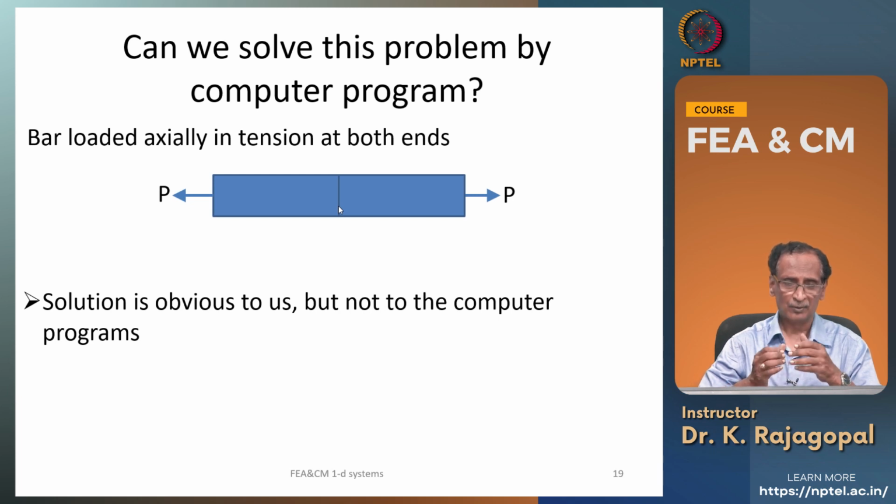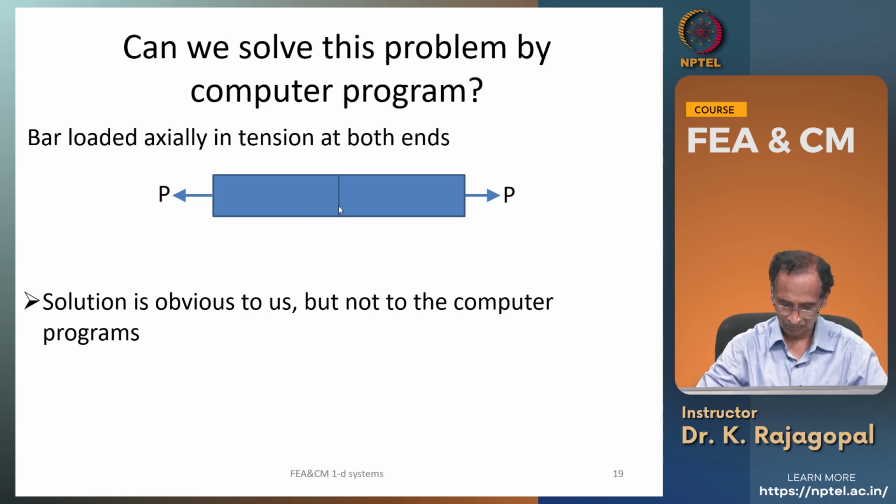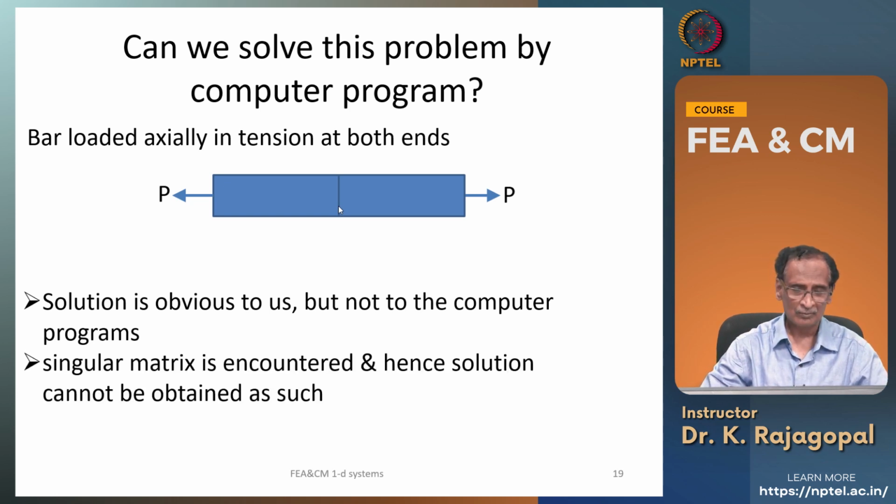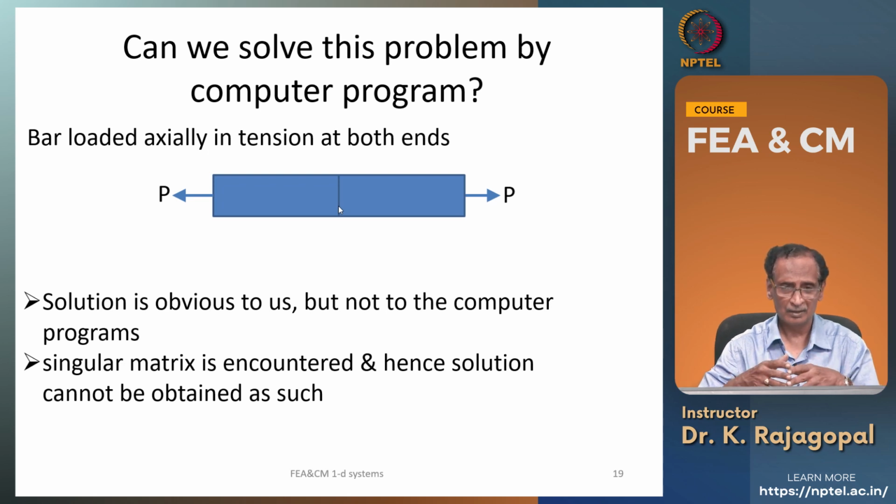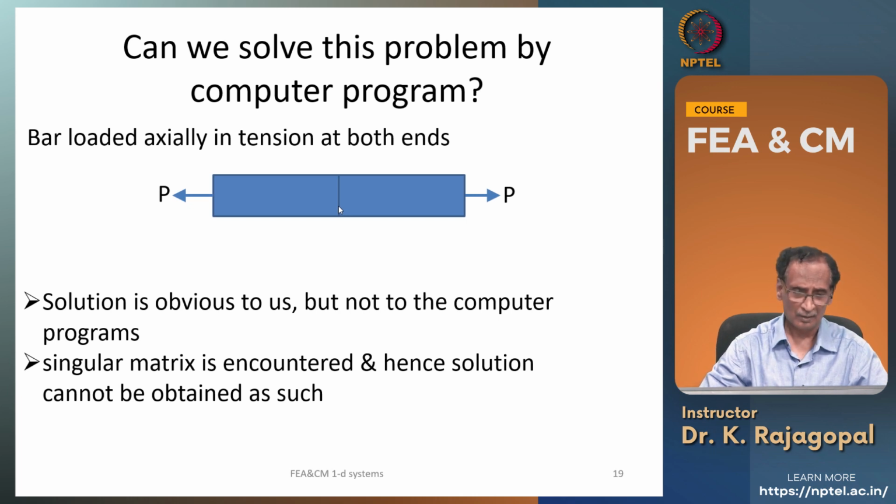But then if you pose this problem to any computer, it will say that this system is unstable, because there is no constraint. Because you cannot really invert the matrices, and these matrices are called singular matrices, and as such we cannot solve this. And we can do a small trick